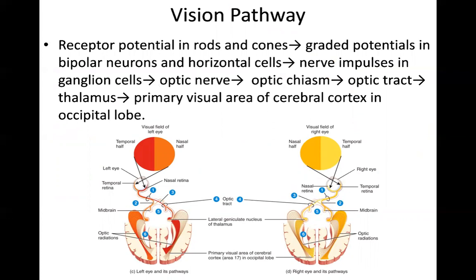Another really super complicated thing about our vision is that each eye can be broken down into two halves. A nasal half, which is closer to your nose, and a temporal half, which would be closer to your temporal bone over by your ears. Okay. Any light that strikes the nasal half, or the temporal half, you can see signals are going to go to different parts of the brain,